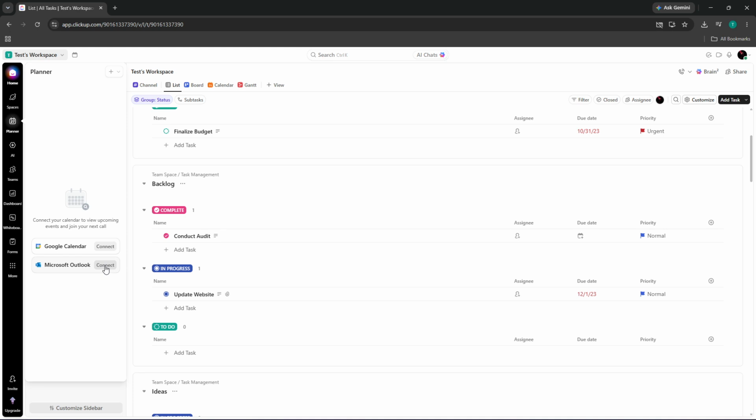And that's it. Outlook and ClickUp are now successfully integrated, and you have a live synchronized connection between your email, calendar and your project management workspace. The time you'll save by having your meetings and deadlines all in one view is genuinely significant over weeks and